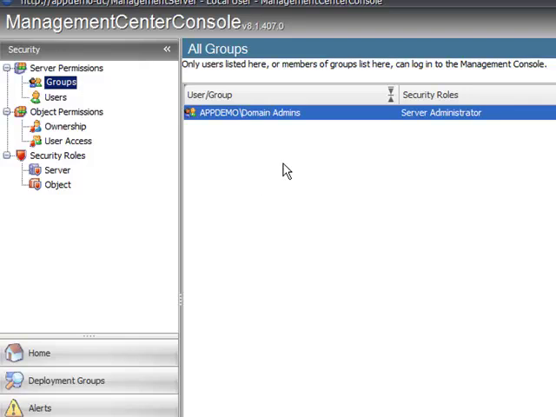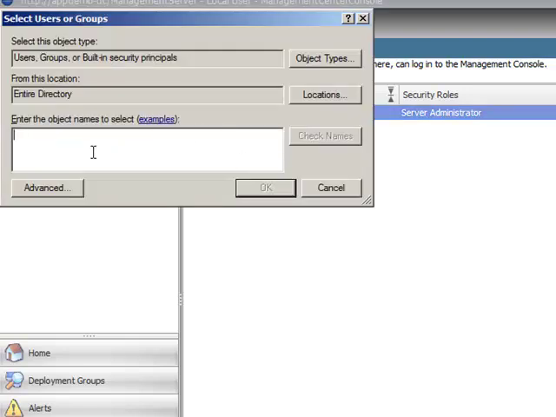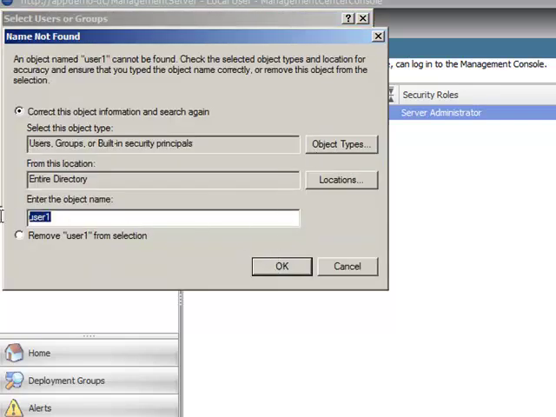Very important to do that, especially if you go on site to do a proof of concept, then go off site and the users log on with different names, they'll have no access. If you wish, you can do this by users. For example, I could put into here user 1, check names. I don't have a user 1, so we'll do our finance user,